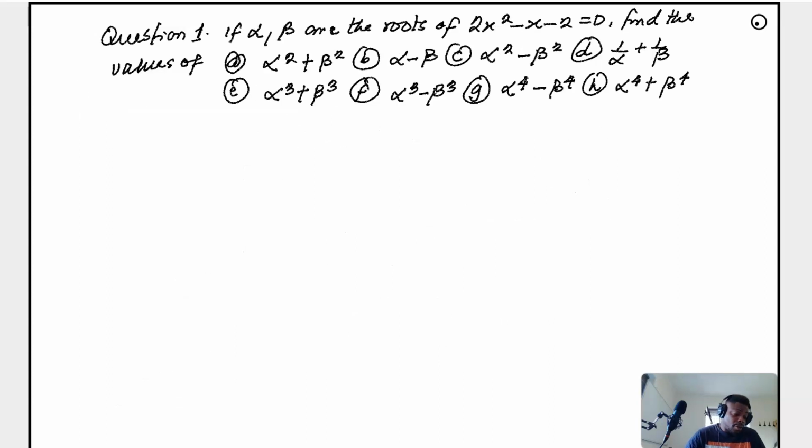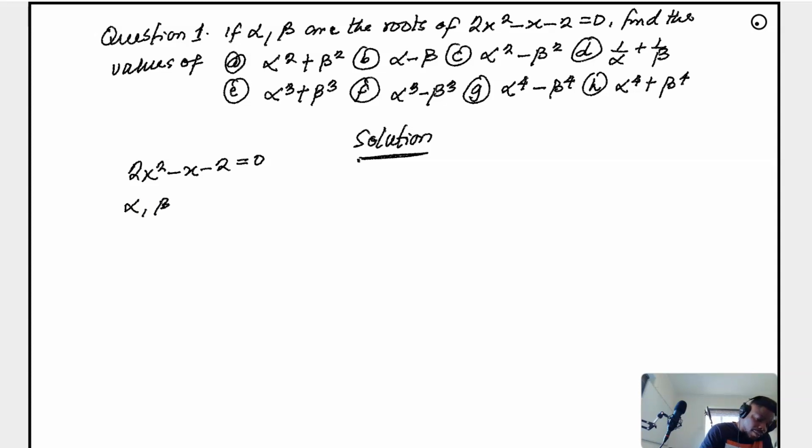Now, we have question 1. It says if alpha, beta are the roots of the equation 2x squared minus x minus 2 equals 0, find the values of alpha squared plus beta squared and so on. So, in a case where you are given a quadratic equation and told that alpha and beta represent the roots, the first thing you need to do is, since alpha, beta are the roots,